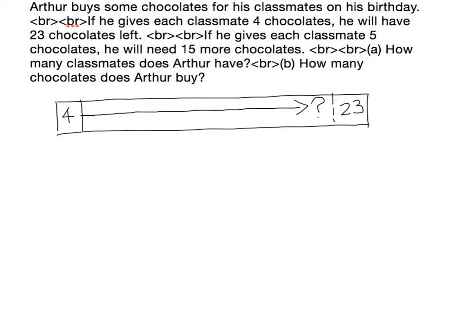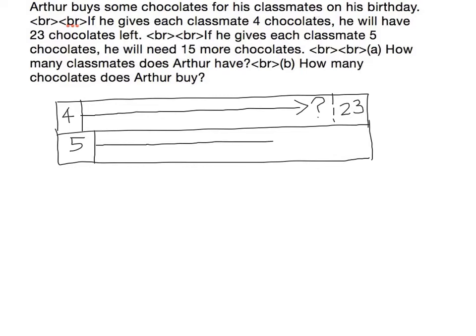Now there's a second conditional sentence. So let's draw his total chocolates again. In the second situation, situation B, he decides to give 5. Everyone gets 5. The first person gets 5, the second person gets 5, 5, 5, 5. Everybody gets 5. It is still the same number of students represented by the question mark, but there is not